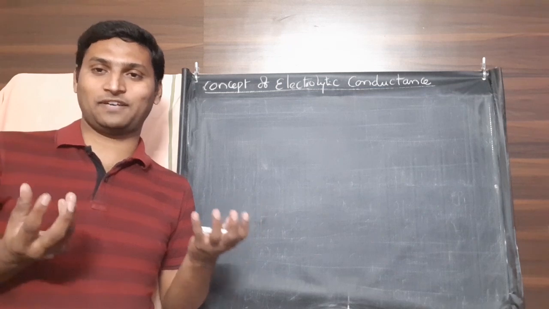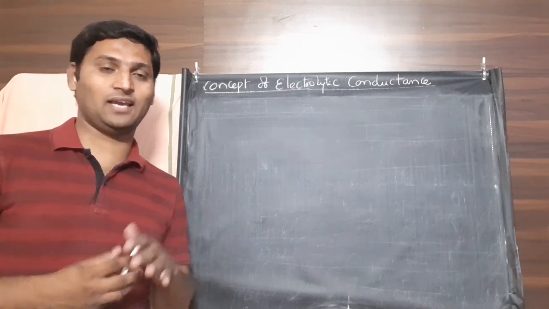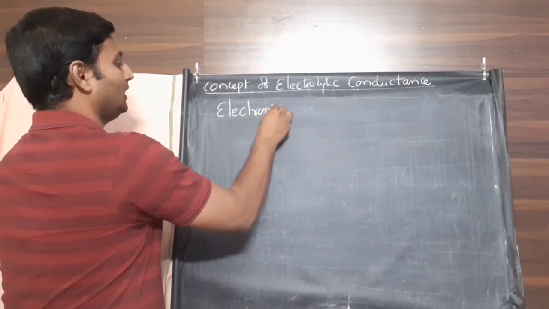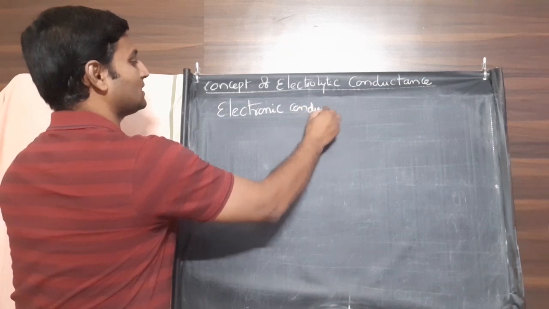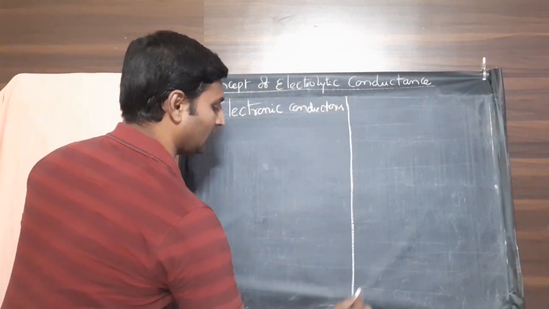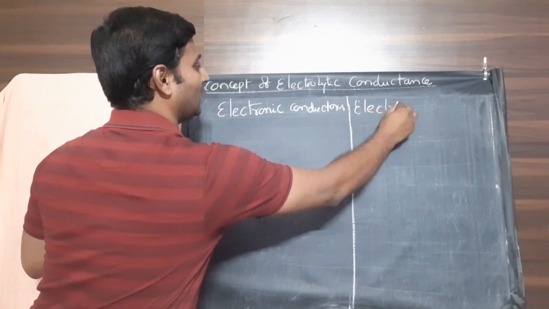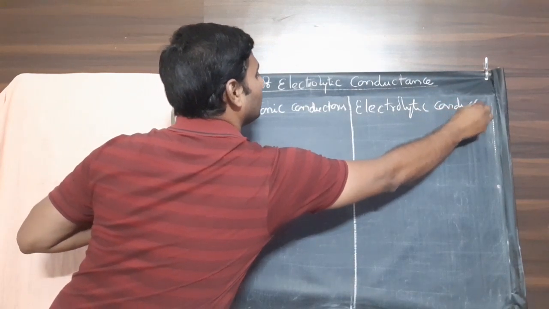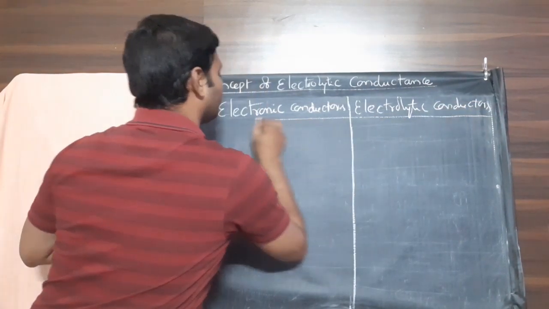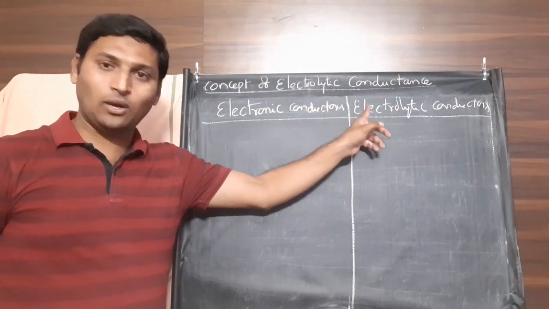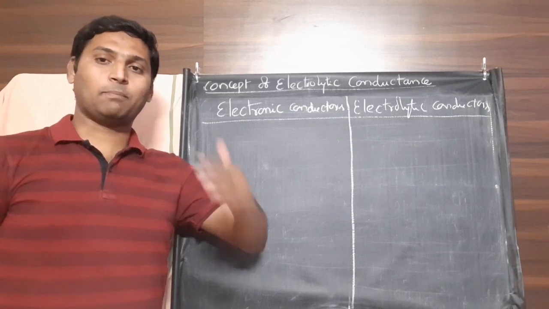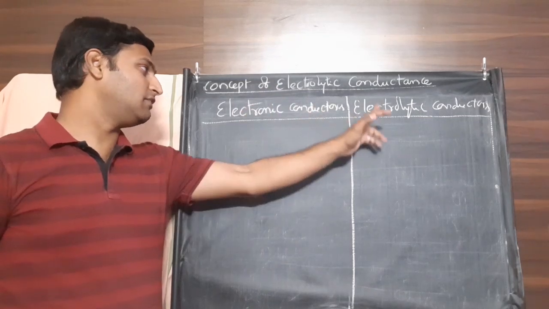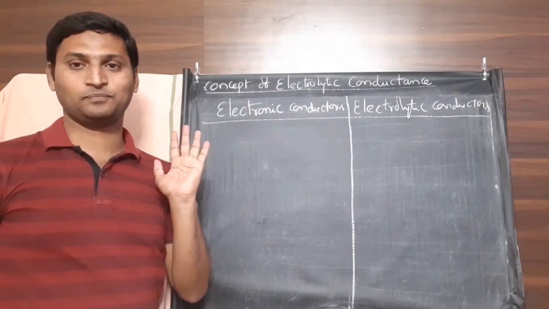Now I gave you two groups of examples, if you notice. Same way, let me explain. There are two types of conductors: electronic conductors and electrolytic conductors. I know we have to deal with electrolytic conductors only in this chapter, but before proceeding further to talk in detail about electrolytic conductors, we must differentiate them from electronic conductors very clearly.